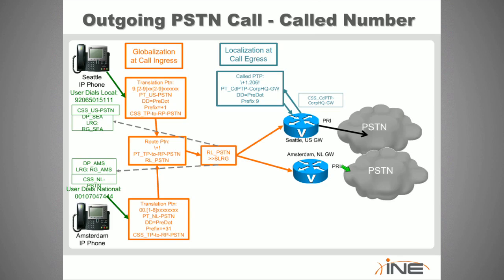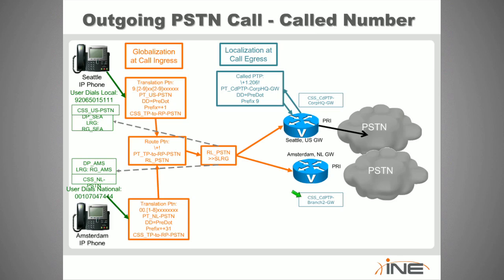You have to keep in mind what I said, which is that it may not seem intuitive. As Michael pointed out, it's very counterintuitive to begin with. But I promise you, once we take a look at backup route groups, call forward on unregister, SRST, AAR, everything is going to be so simple that it will be crystal clear why we're going to all this work to globalize a number only to send it right back to the localized format that it was originally in. Okay? So then that call is going to route out the Amsterdam gateway, but before it does that,